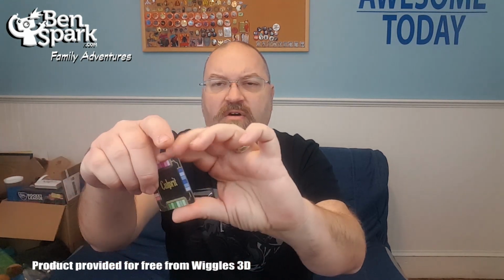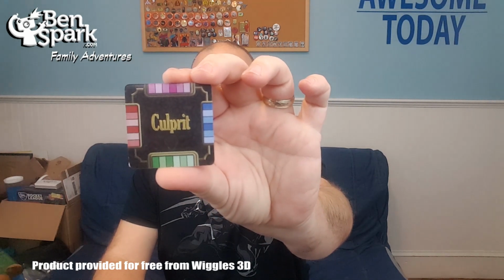For example, feathers or scales. Somebody has a scarf, a hat, a parasol. Whatever they are, those are some clue items. So you have a number of different culprits, and the culprits are the same characters. So this is a culprit piece, and on it, there's like a little key code. And that key code corresponds